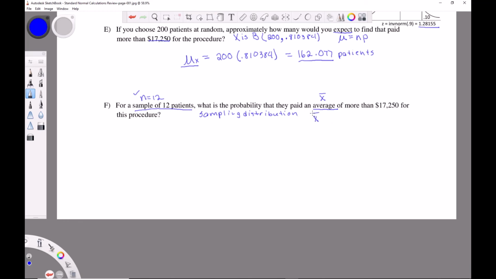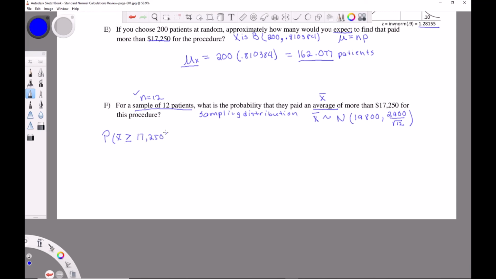So we can say here that the sampling distribution for X bar is approximately normal. It should have the same mean as the population distribution. The standard deviation, remember, has to be adjusted. So that'll be 2900 divided by the square root of 12. All right, see the difference? So to continue, this is the probability that x bar is greater than or equal to, it doesn't really matter, it's continuous, you could do either way,